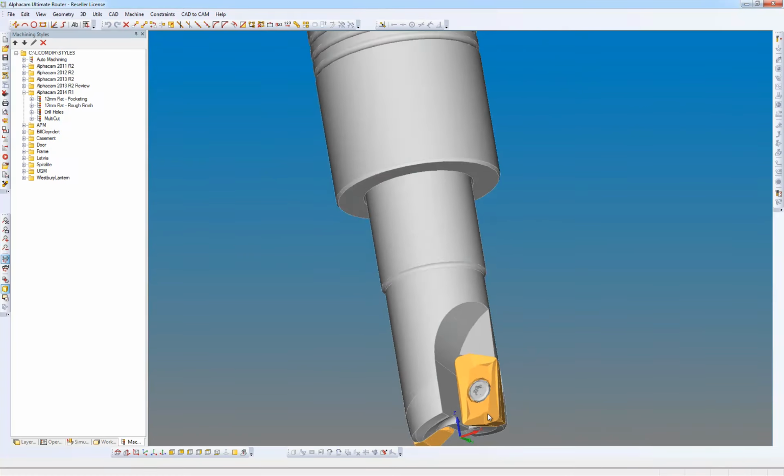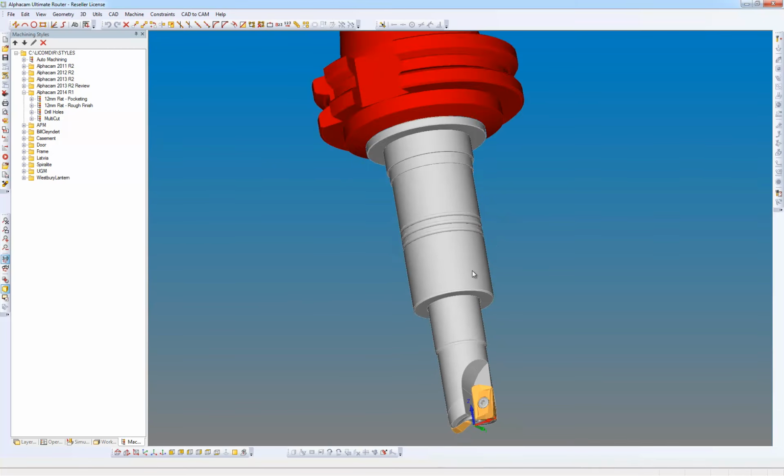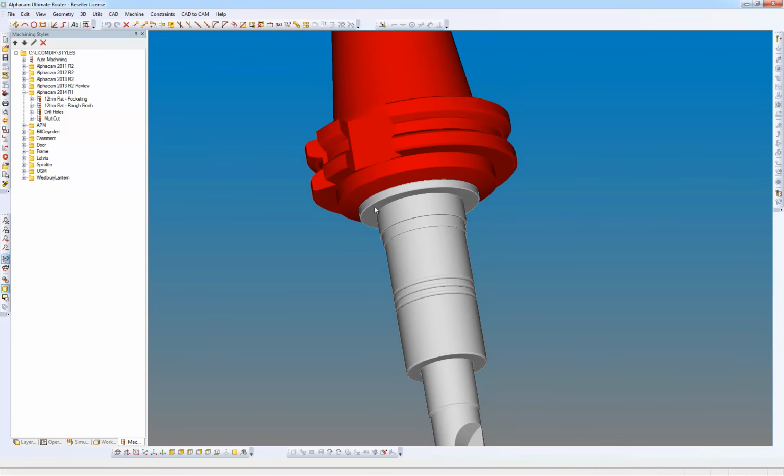A couple of bits of information that I want to have a look at in this solid for the tool definition is the tool length, and also the point at which the holder goes into the spindle nose, as we know it as the gauge length. So I'm going to go to Utilities, Report Coordinates of the arc centre of here. And I can see down at the prompt bar that's approximately 93, which is fine. Okay, we'll do that again. Report coordinates of the arc centre of here, and that point's going to go into spindle nose, and I can